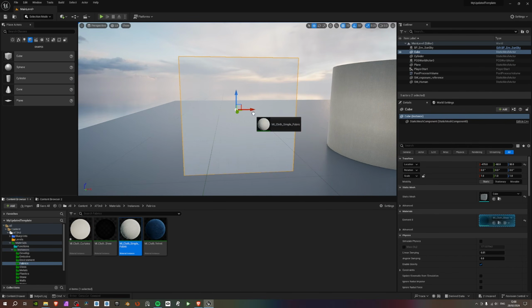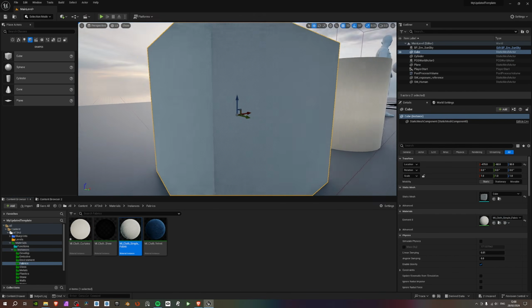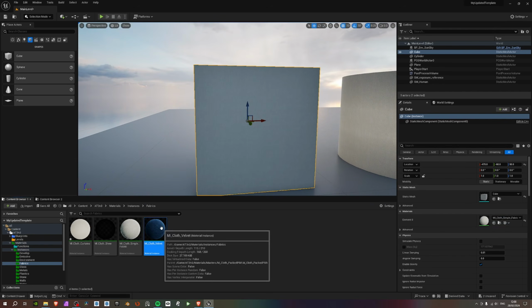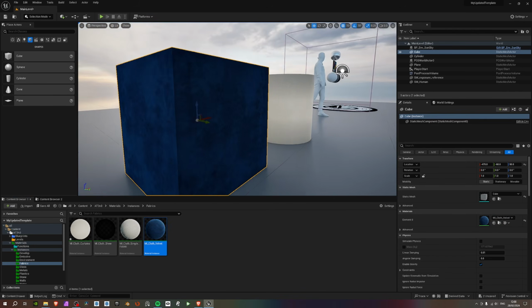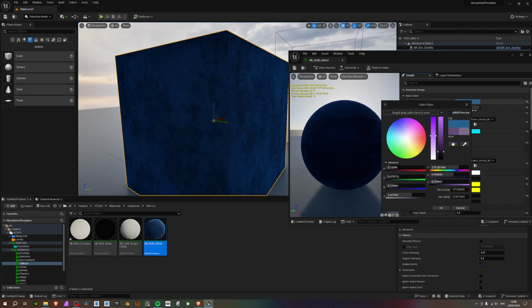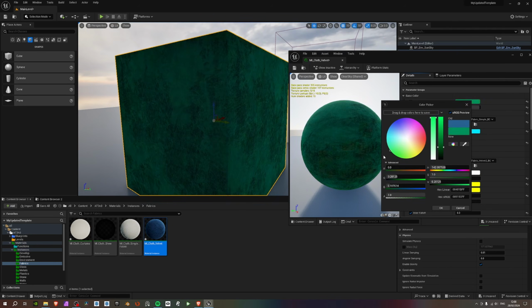I've got, well, this one you know already. It's just the cloth that we use. It's just a simple cotton. And this one is a velvet. So this velvet, you can change the color here. It's more straightforward if you want to change it to a different color